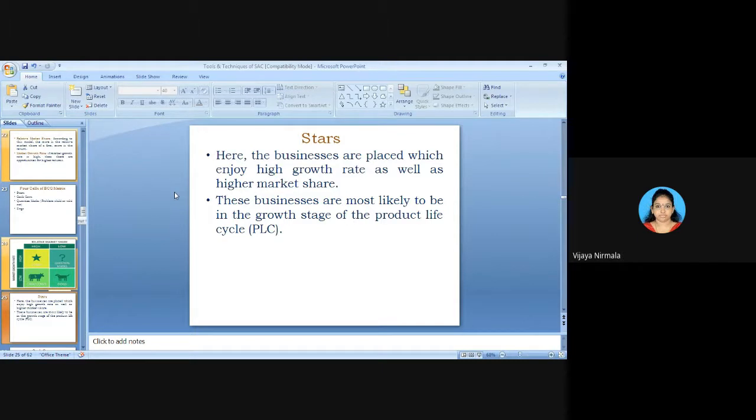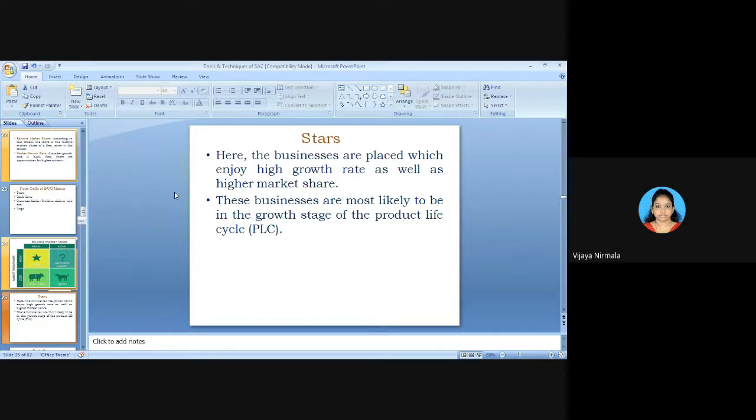So the fast food centers used to grow more, right? And nowadays, wherever you go, there will be fast food centers. Mobile canteens, right? And when you move from Tirupati to Tirumala, there are many eatables and many shops for you. So not only a single buyer or a single supplier is there. In this, the growth rate will be high as well as the market share also will be high. So that leads to this block, which is called stars.